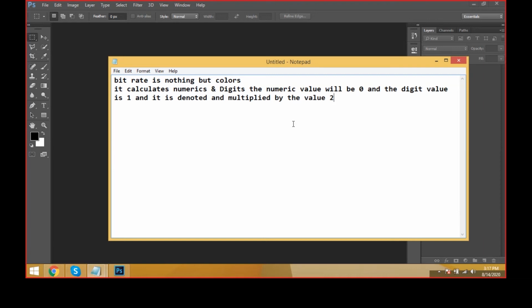It calculates numerics and digits, and the numeric value will be 0 and the digit value will be 1. This is the algorithm. Let's see: 0 1 0 1 0 1 0 1.